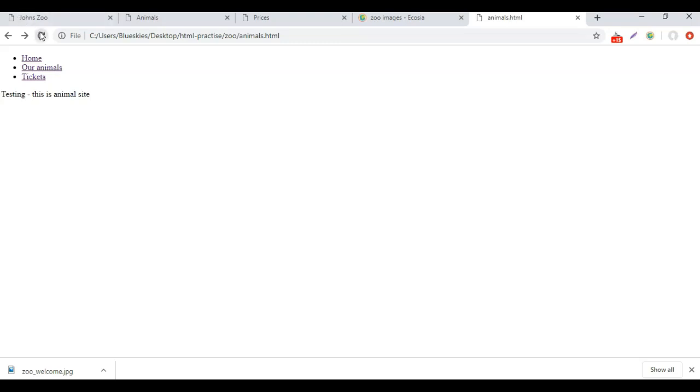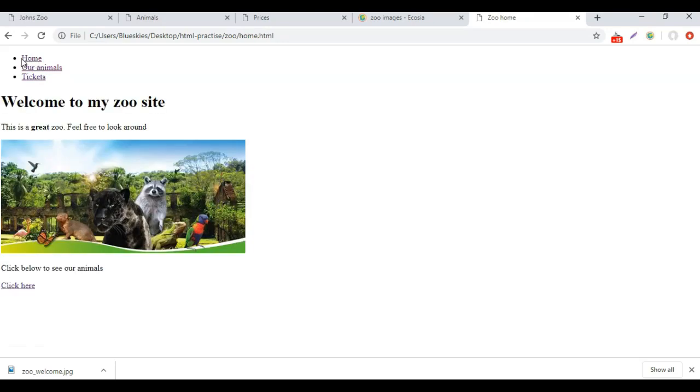Okay. And now we should have this working. Yay, on every single one. Perfect. And this is what people use to create their navigation bars at the top. It doesn't look like it at this point, but once we get into styling our pages a bit more, you will see that we can do really cool things that make this look like a proper navigation bar. So although it doesn't look that nice,